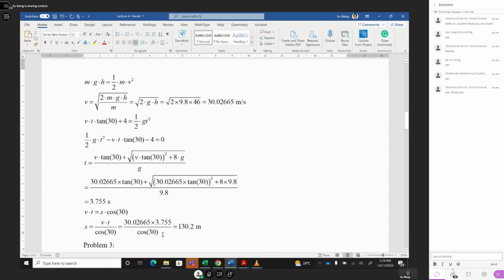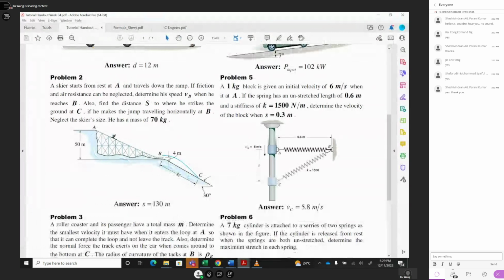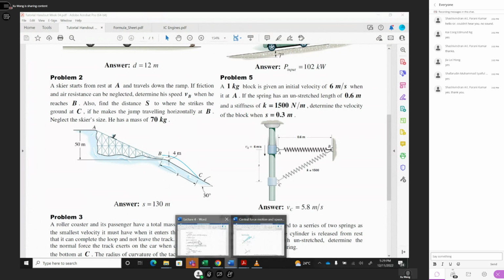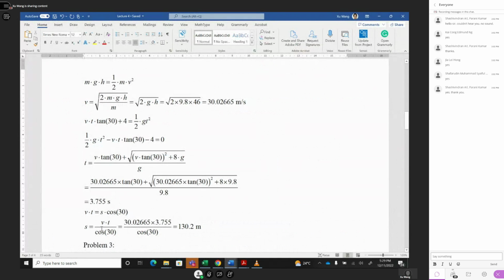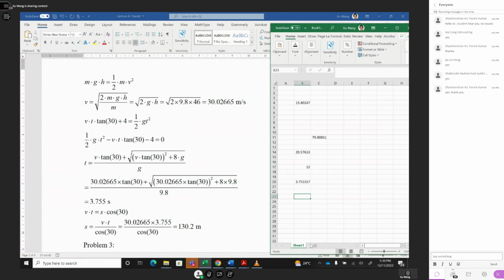Horizontal VT, this velocity VT is this one, equal to S cosine 30 degree. So equal to S cosine 30 degree. And from here, you can calculate S, because V, 30.02, T, T is 3.755. And then you divide by cosine 30 degree. And this one, how much we can calculate for you? This one should be equal to